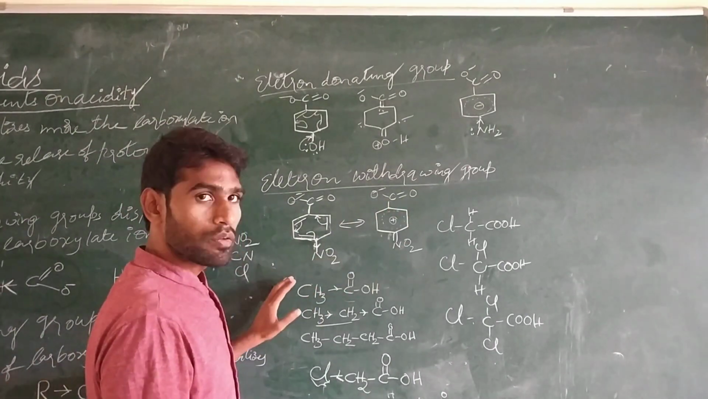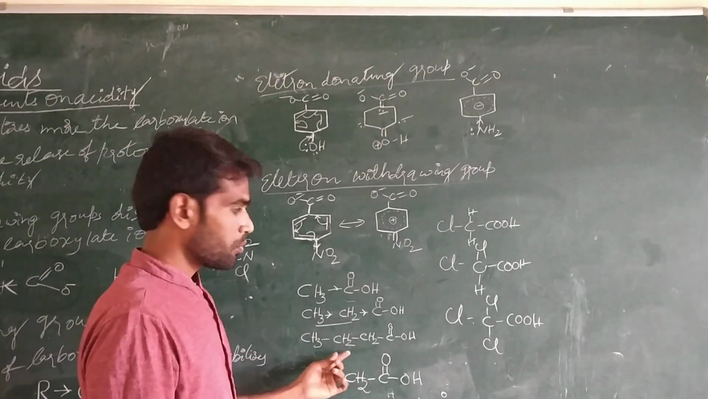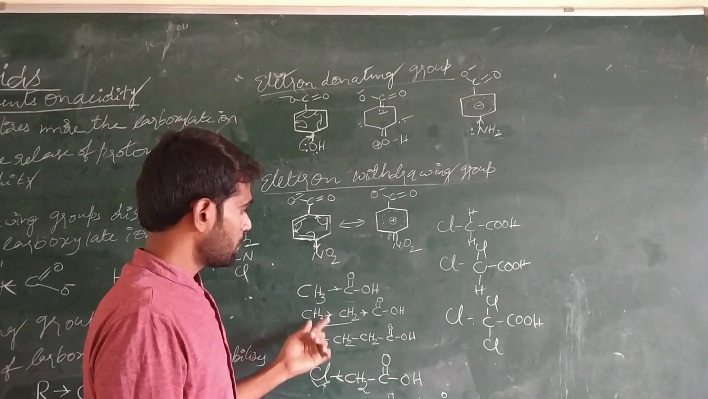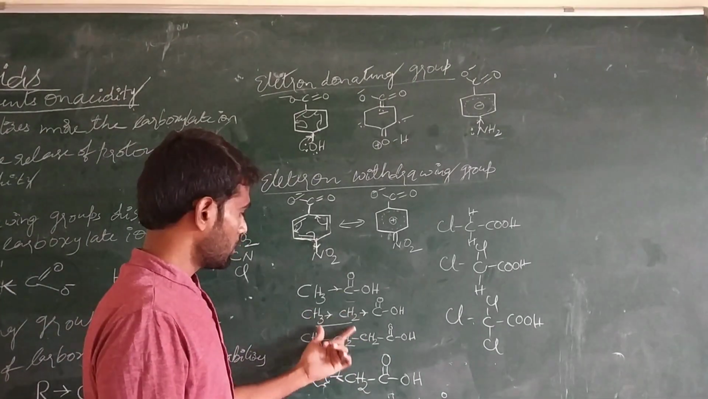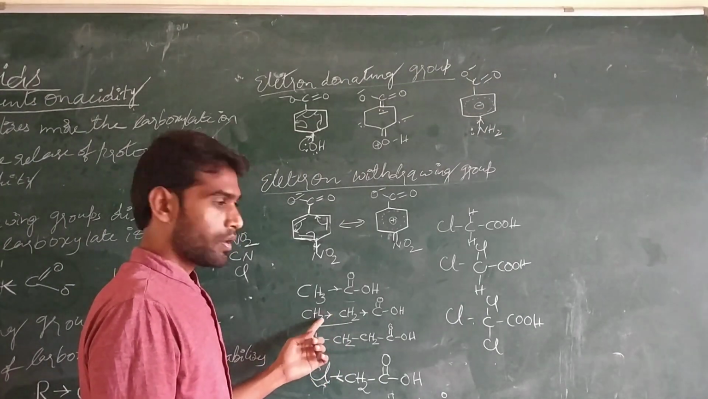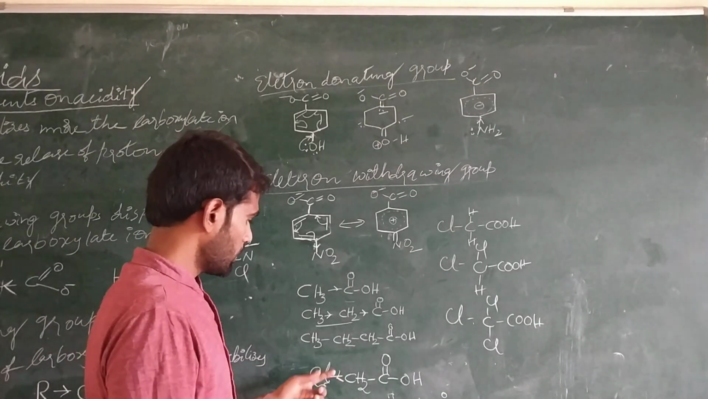In this case, if you are increasing the length of the alkyl chain, more electron donating groups, alkyl groups are electron donating groups, and if you are substituting more electron donating groups, the acid strength is decreased. And in this case,